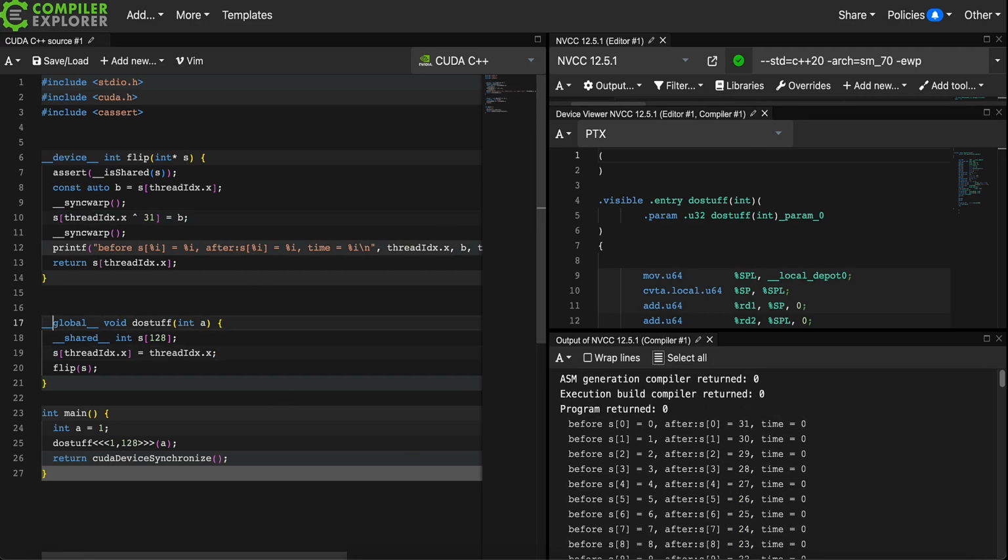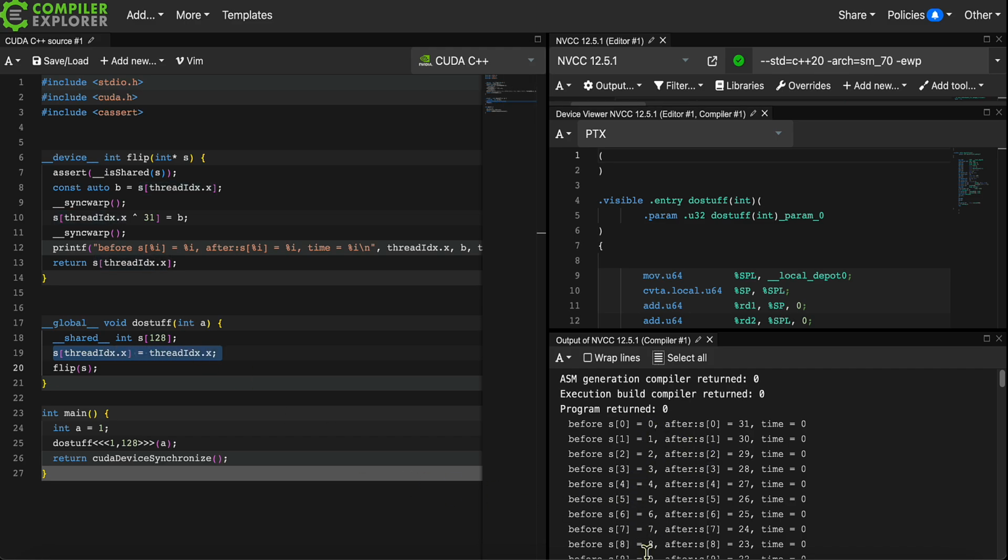Let's walk through it. We have a global function that gets called from our main with 128 threads in a single block. We accommodate those 128 threads in our shared array with 128 elements. And then we feed the current thread ID into each of those entries.